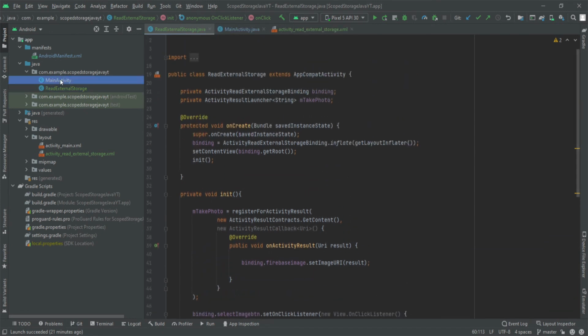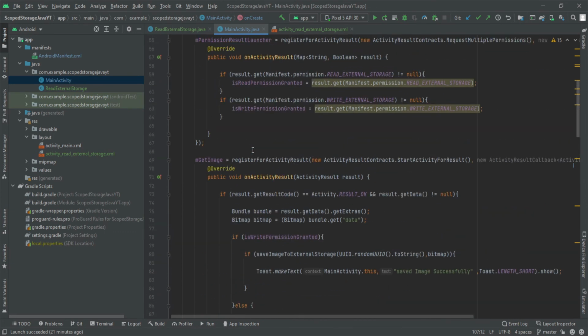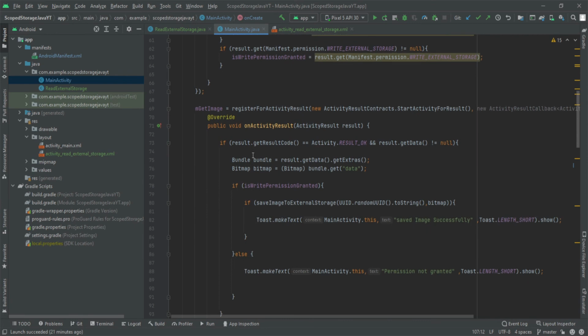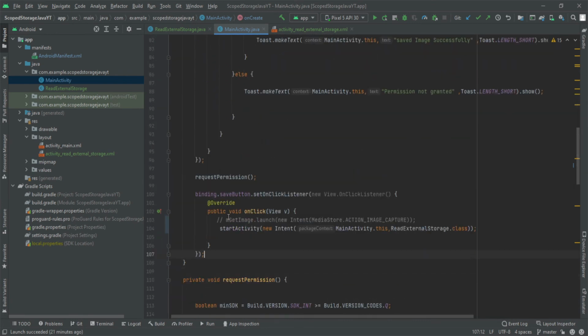And one more thing, if you remember in the last video, where is the on click listener? Here you can see in the last video we launched this result launcher whenever the user taps on the button, but I have changed it to this start activity. So whenever the user taps on the take photo button, it will redirect the user to the new activity, right?